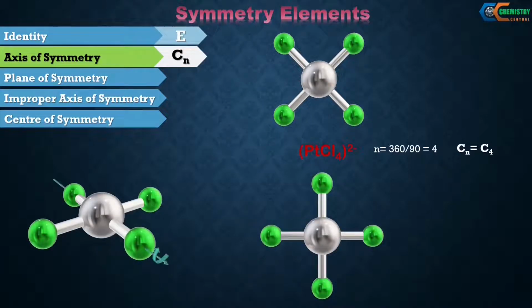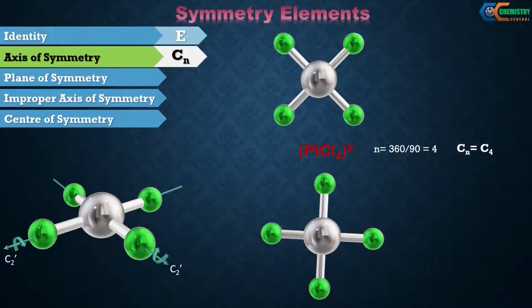The rotation of 180° along the chlorine-platinum-chlorine bond produces an equivalent orientation, in which two chlorine atoms move to each other's position and the remaining 3 atoms rotate on their initial places. As the angle of this rotation is 180°, it is a C2 axis. Let's call it a C2' axis. Another C2' axis along the other chlorine-platinum-chlorine bond also produces the same result.